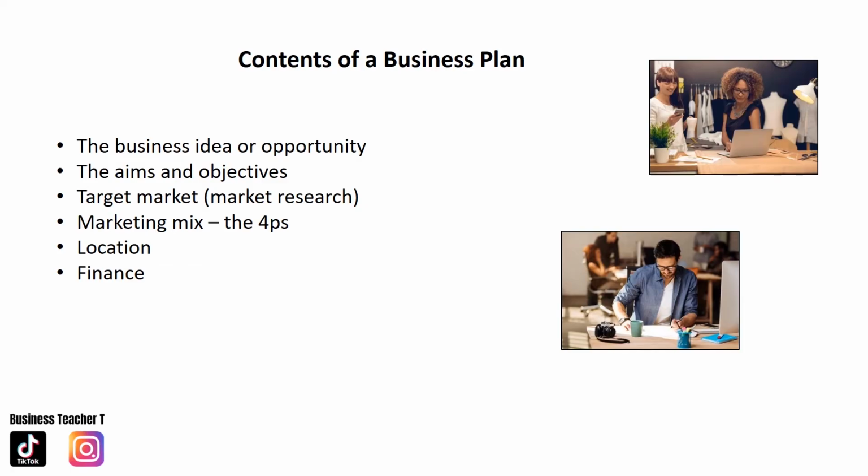Where will this money come from? In the plan, there should be information on where the finance will come from for the day-to-day running of the business. So mentioning the sources of finance, how much that will be, where the source of finance will come from is important. There should also be a cash flow forecast, which is a prediction of inflows and outflows, and also revenue forecasts and forecasts on costs and profits. So there's a lot that the entrepreneur needs to consider when creating a business plan.